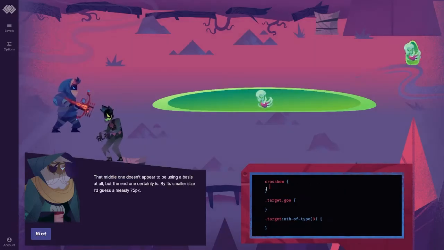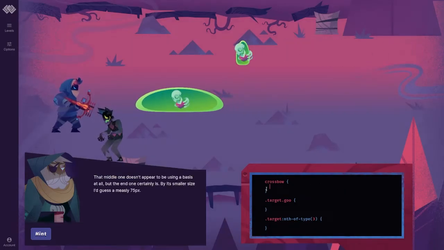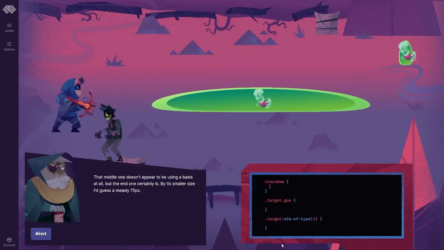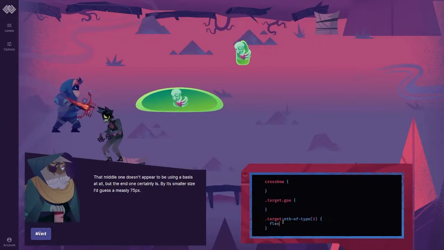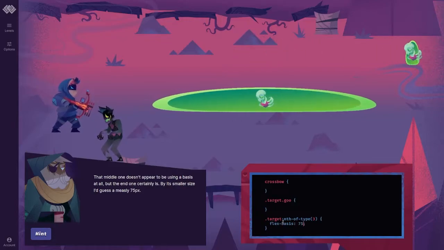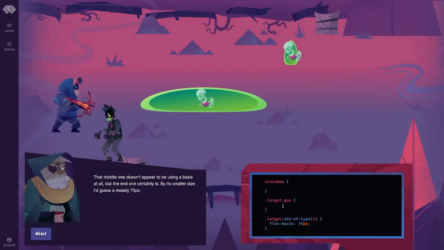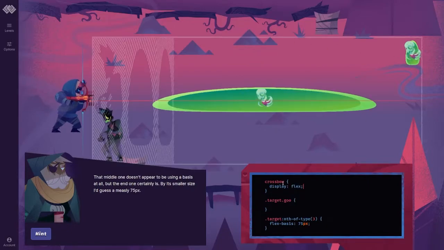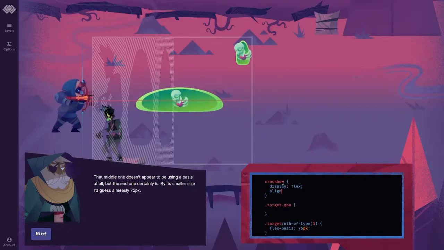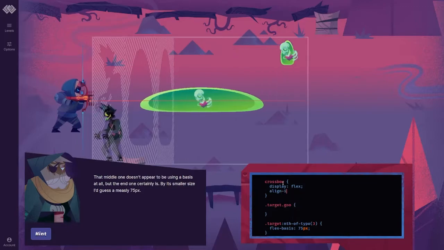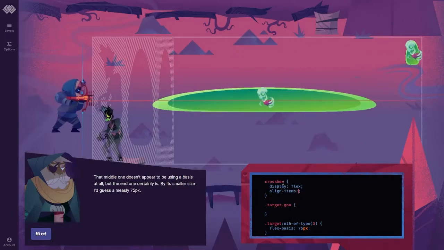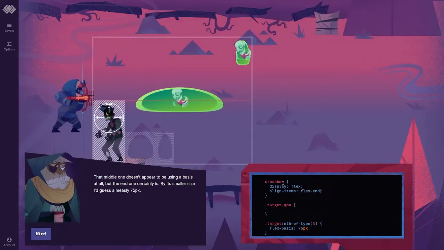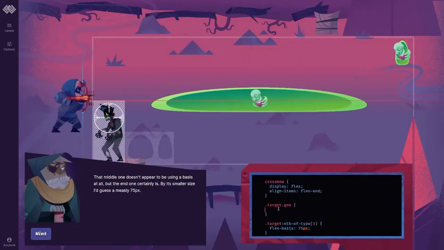That middle one doesn't appear to be using a basis at all, but the end one certainly is. By its smaller size, I'd guess a measly 75 pixels. So this one we're going to do flex basis 75 pixels. We need to do display flex, align items flex end, target the goo, align self center,